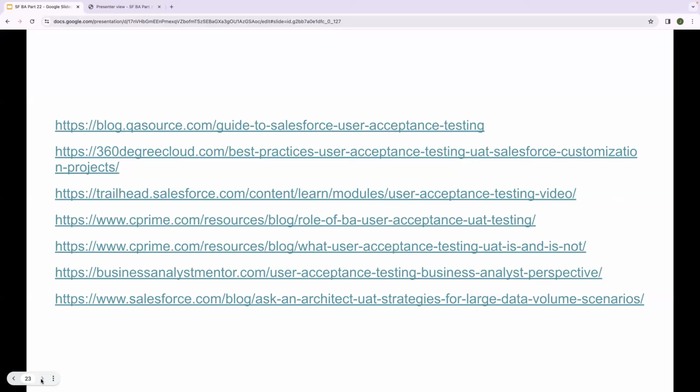And once you finish that, you can go to Google and just search for BA certification questions, so you can get some sample questions from Salesforce. You can review those questions so that you are able to figure out what the model of the questions is. It will be really helpful for you